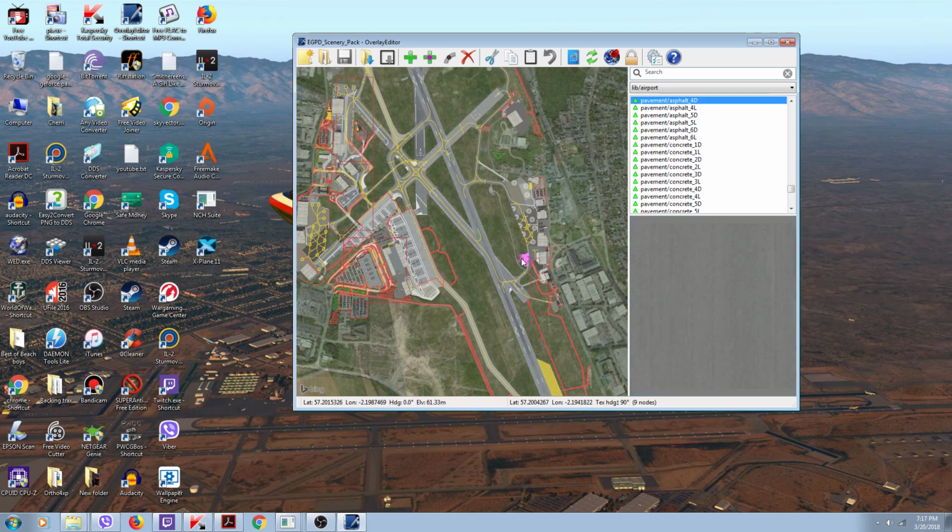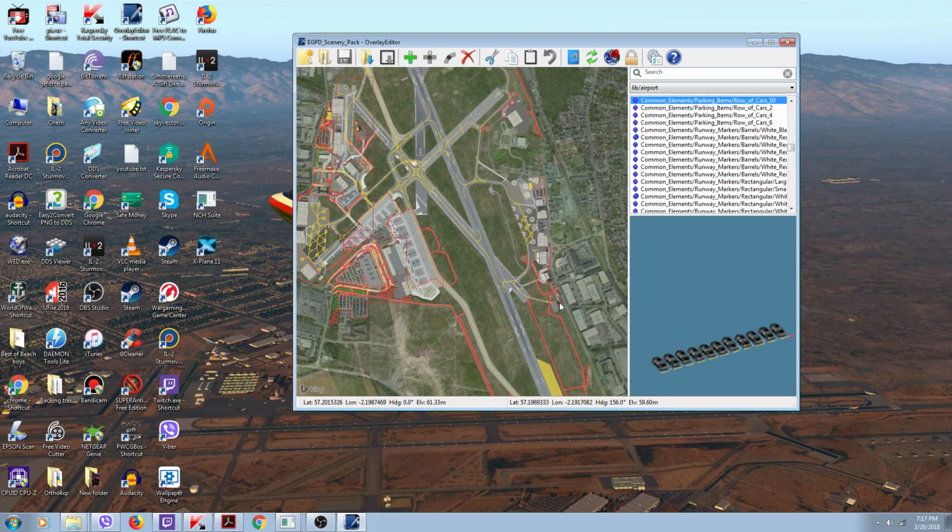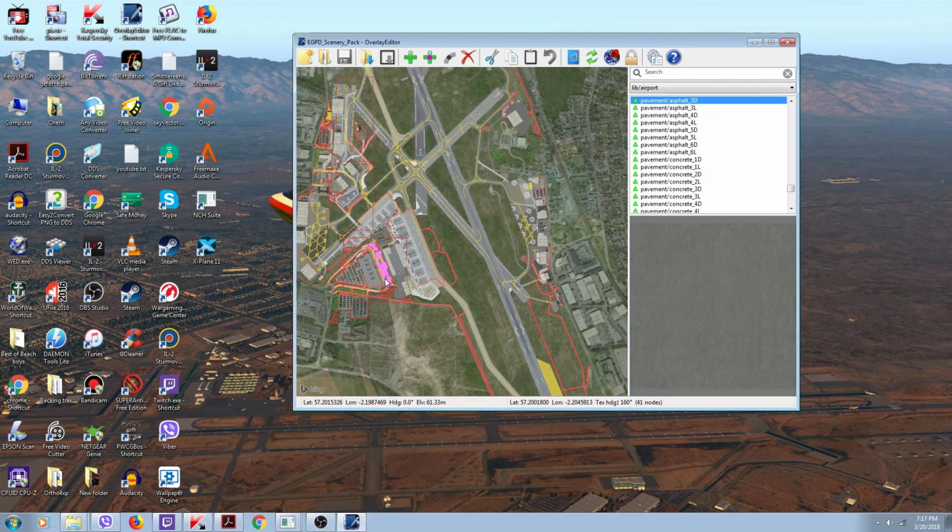Little red one over here, that's some pavement. It tells you right up here what it is, and you got a picture down below in this box showing you what it is. There's more parked cars. See, element, row of 10 parked cars. You can go row 2, row 4. I'll click over here. Pavement, concrete,